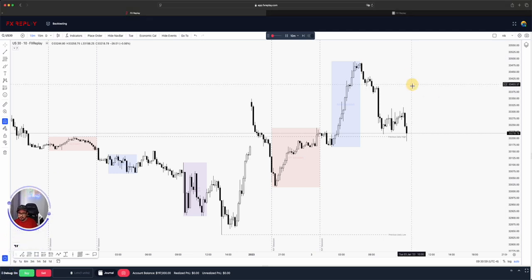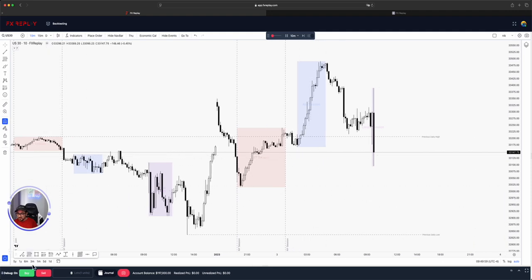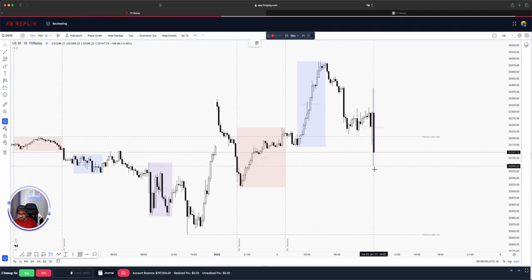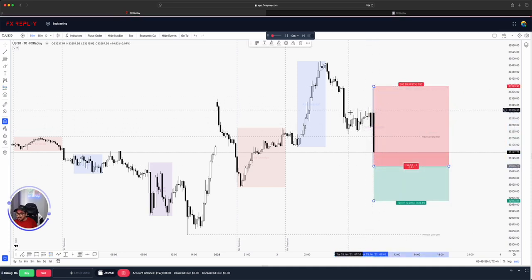Once taken out, we need to wait for a bearish M10 candle which has swept the previous candle's high for a sell stop order. So let's just play price and see how it behaves at NYSE. So we got a huge bearish candle. The reason I would not take this trade, even though if I had to place a sell stop order, this meets all the criteria,